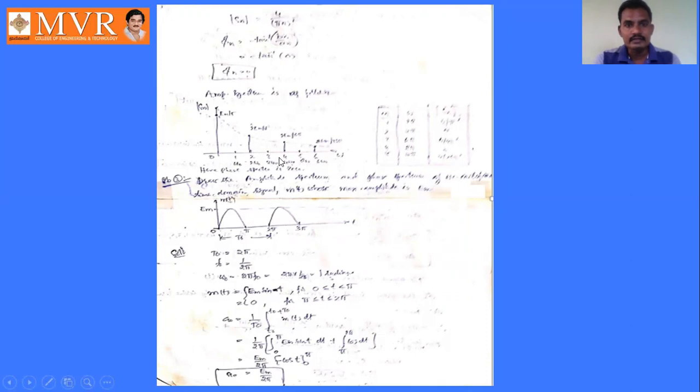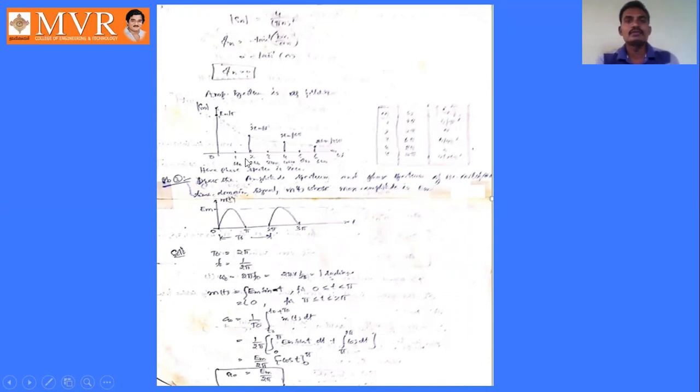Omega naught, 2 omega naught, 3 omega naught, 4 omega naught, like this. We have to find out the omega naught values and the Sn value. Sn is 4 by pi n square. So the n value is 0. Suppose if we take n value 0, we will get the maximum value here. For n equal to 0, it is 4 by 0, that is infinity. So first of all, at 0 we will get infinity, and at 1, 4 by pi square. At 2, like this, we will get the plot like this.